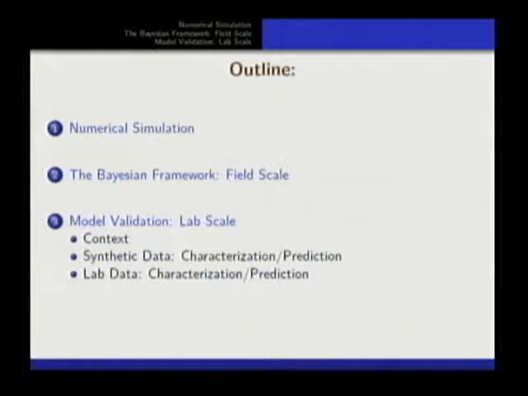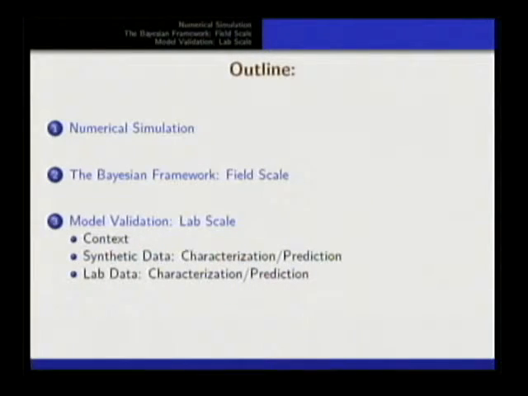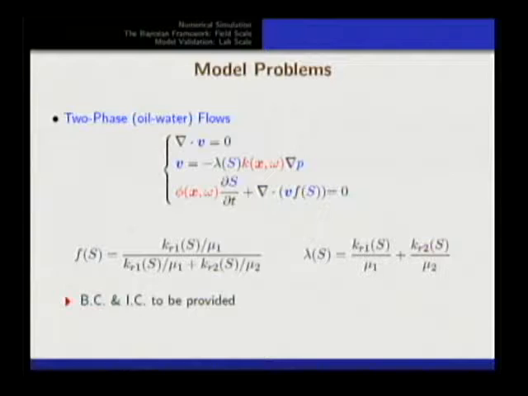As we'll see, at the core level, CT scans allow us to measure the porosity deterministically. However, we do not know the permeability fields. So there is uncertainty to be quantified and reduced. And then, I'll go through probably half of my time in items 1 and 2, and then I'll focus on the validation issue. So now to discuss the main ideas of UQ and simulation, let me refer to simple two- and single-phase flows.